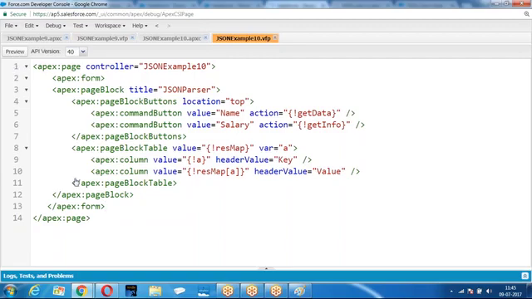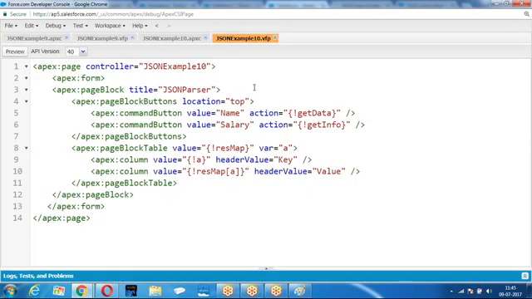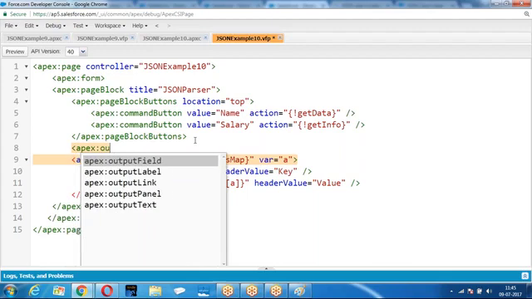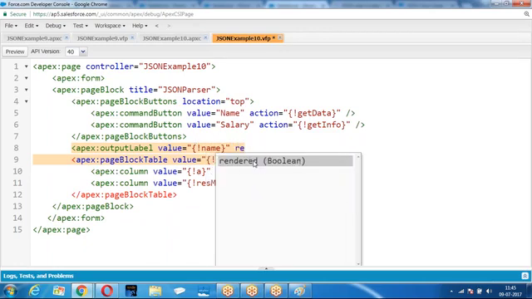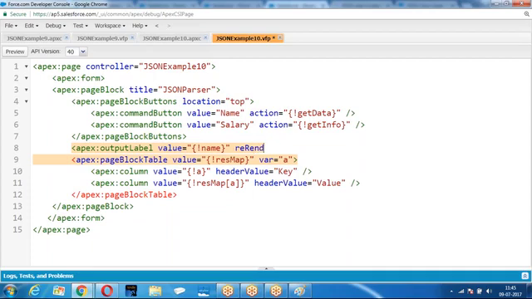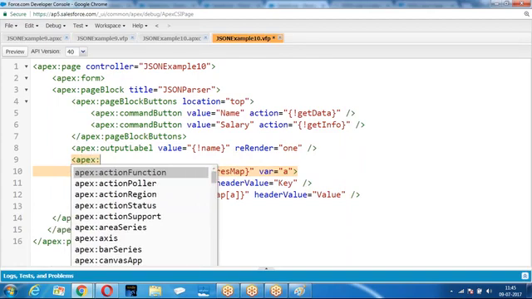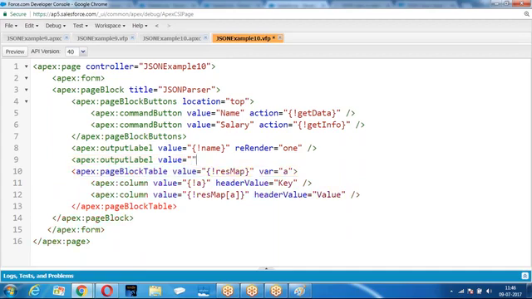I will preview. This is the complete data. There is a name. We want to display the name. Value equal to salary.